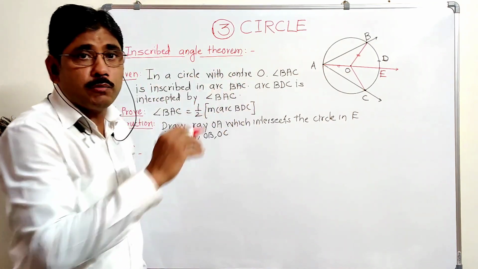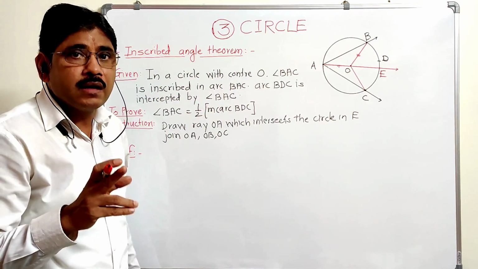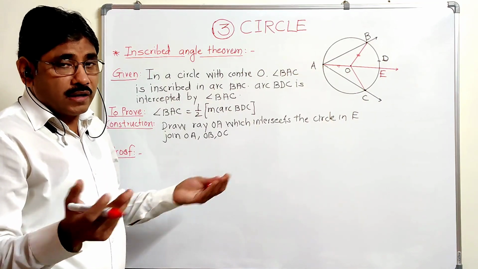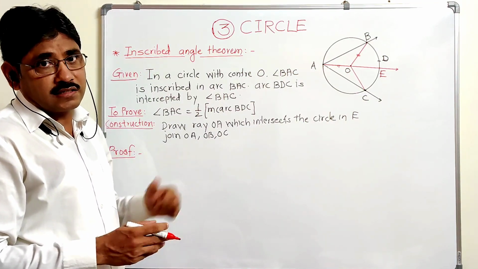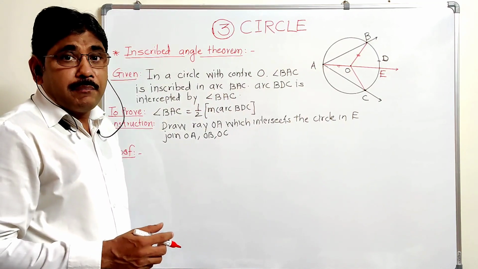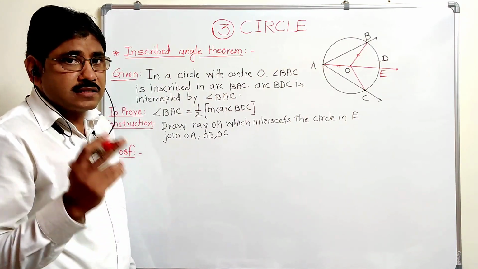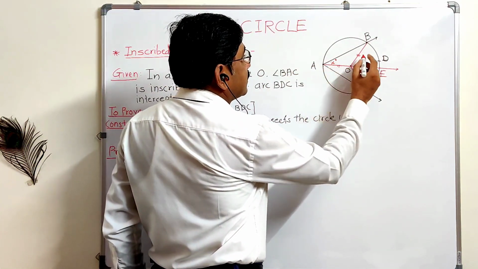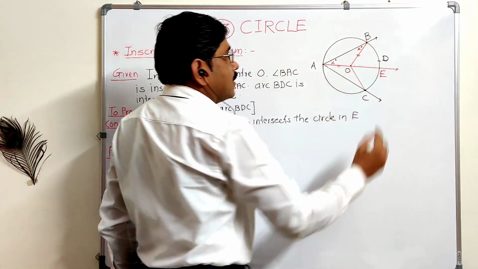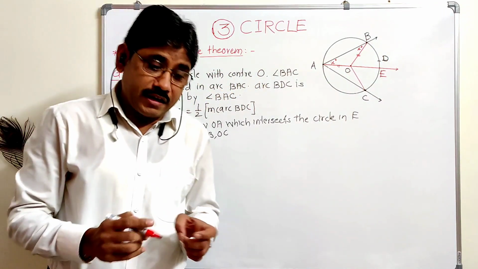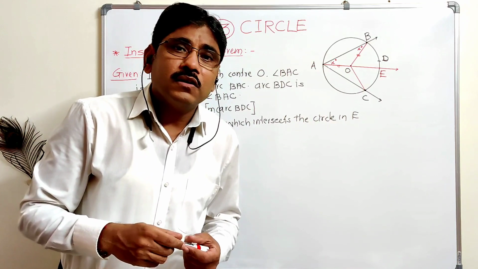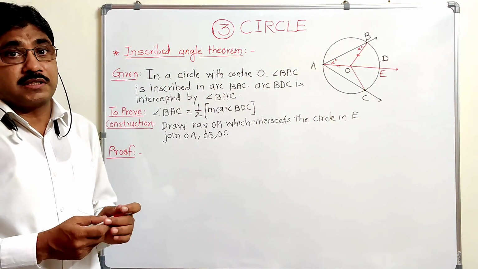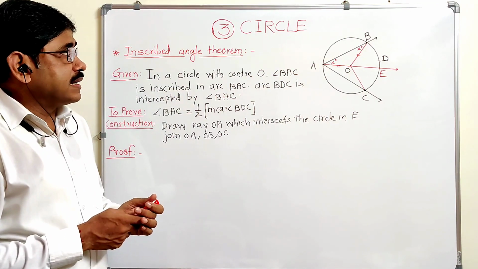That means triangle AOB is which type of triangle? Isosceles triangle, correct. Now in an isosceles triangle, you know the isosceles triangle theorem, 9th standard, 3rd chapter. So here the base angles are congruent, meaning angles opposite to those sides are also congruent. Let those angles be x degrees and x degrees. Now in 9th standard again we studied which theorem? Remote interior angle theorem in the parallel lines chapter.